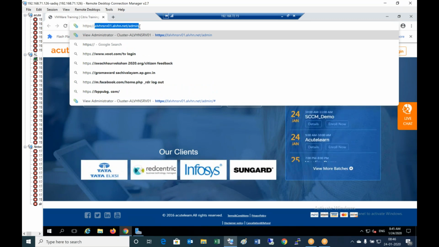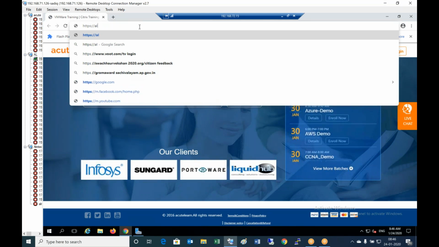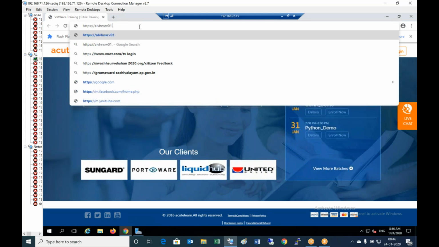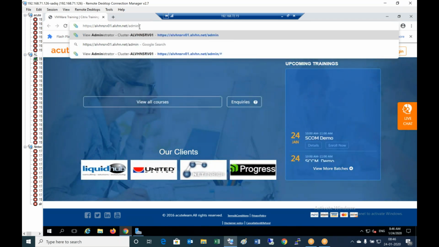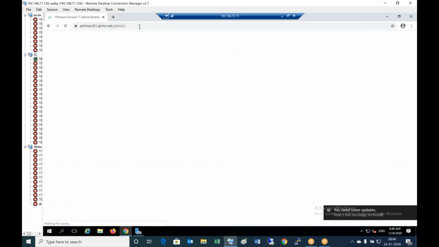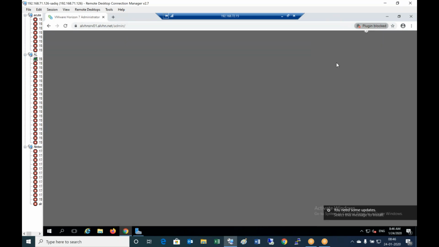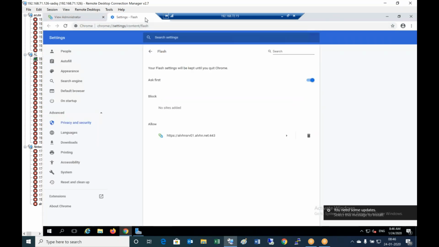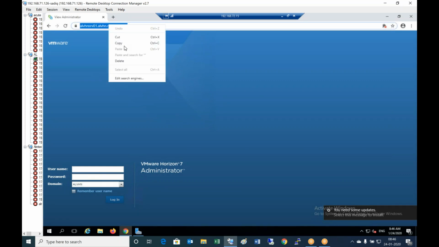Now let me check with the admin. So now we have deployed a certificate. We should not get certificate error. Now we can see that we are not getting a certificate error. Let me make this as a home page